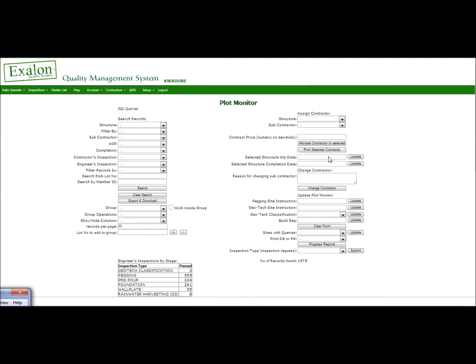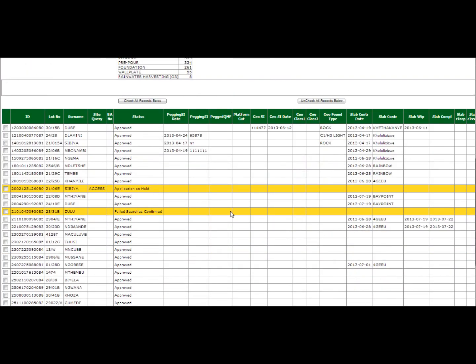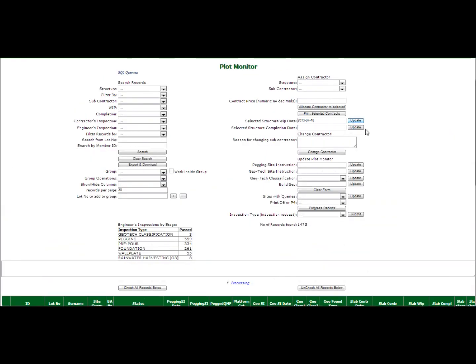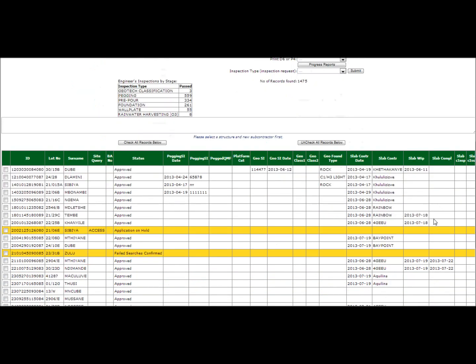It is also possible to update the progress. For example, you might say that the work in progress has started on 18th for these structures. Let's select these structures, those two, and say that the work in progress started on the 18th, and there they are,